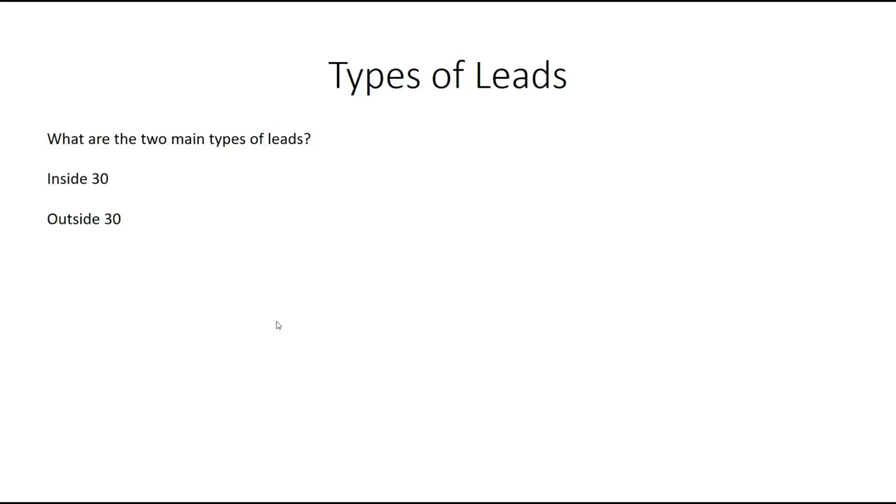But let's talk about that inside 30. And 30 is not a magic number. It's more of a conceptual number. Inside 30 is someone that's going to sign something in 30 days, whether it be a listing contract, a buyer agency contract, or a purchase contract. That's somebody that's going to do something inside of 30 days. Remember, they've answered why, when, and where, and you'll know right by asking them. Let me ask you, when do you plan on moving? And they say, well, we just signed a 12-month lease. They can tell you why, they can tell you when, at the end of 12 months, and they can even tell you where. That's a lead per se, because they've answered why, when, and where,